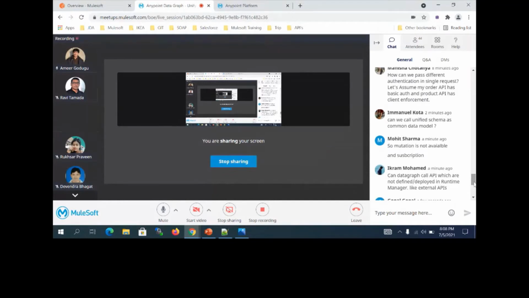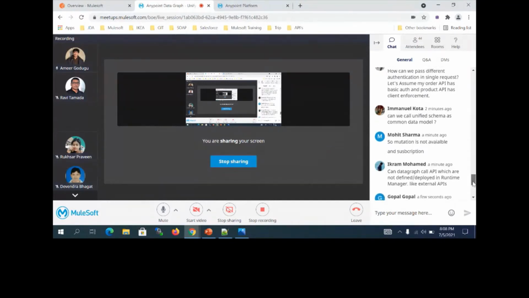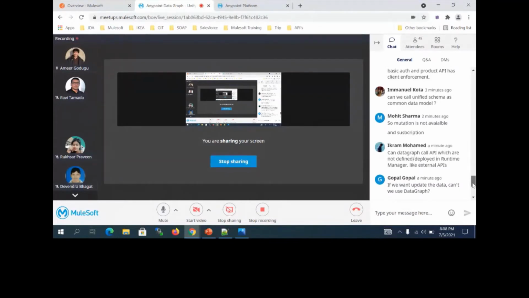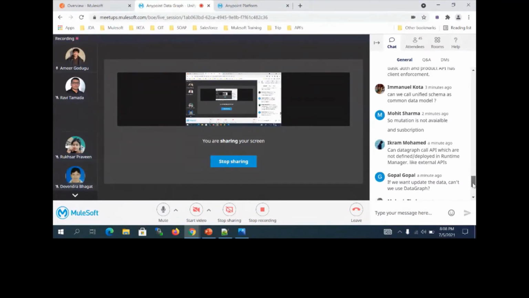Can data graph call APIs which are not deployed in Runtime Manager, like external APIs? First of all, it should have the API available in Exchange. If you have something like mocking data in Exchange, you can call them, but directly you can't configure those APIs.